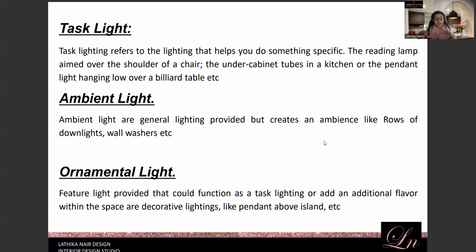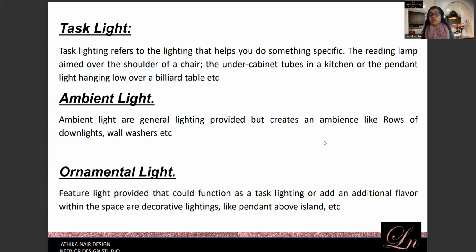Or you might have a pendant light which lights up your island bench, and that's all you need at that time. And it's always nice to layer the lights, because then we can always work around with what we need. If there are more people and it's a guest, you can turn on most of the lights to enhance the space. But if it's just the family, if you're just sitting around the island bench, all you might need is the island bench lighting.